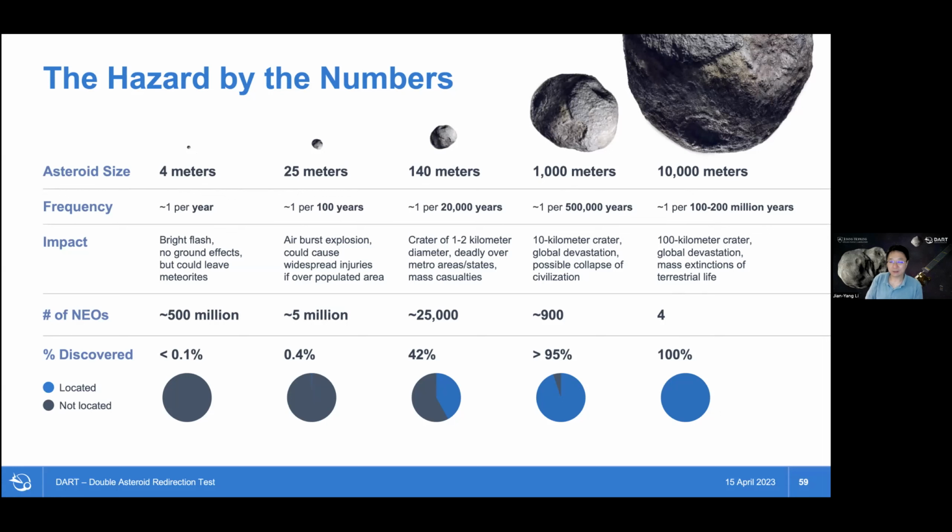And for even smaller ones, we basically don't know them. So we keep discovering, and our focus is on the smaller objects, hundreds of meters in size or smaller. For the bigger ones, we don't have to worry about them because we know almost all of them, and we know their orbits pretty precisely already. I hope that answered the question.